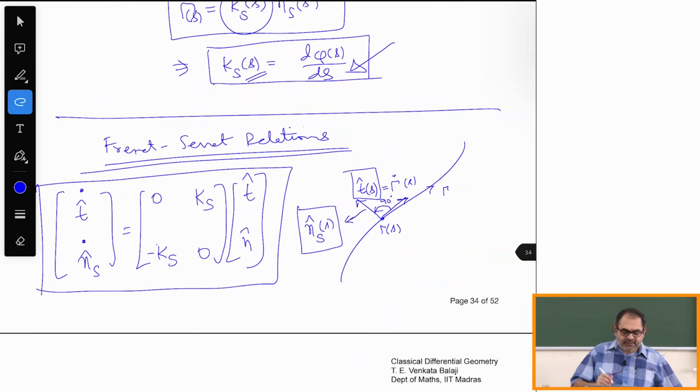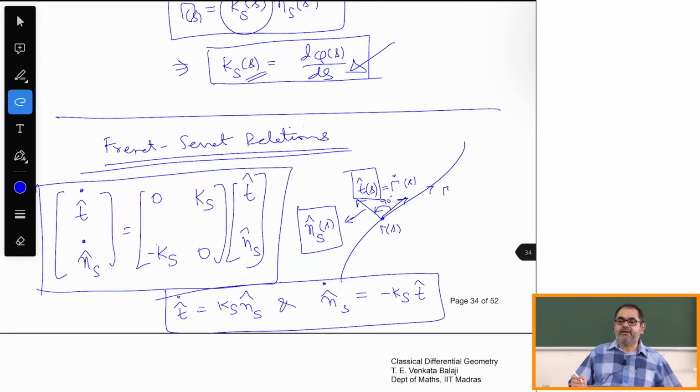If you want to write it as 2 first order equations, you write T cap dot is equal to K_s times n_s hat, and n_s cap dot, so be very careful with the dot, is minus K_s times T cap. If you write it individually, it's like this. Basically this is a bunch of equations